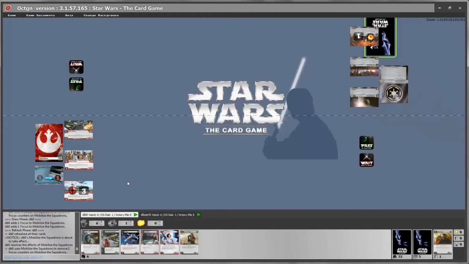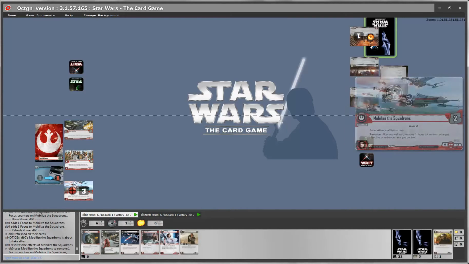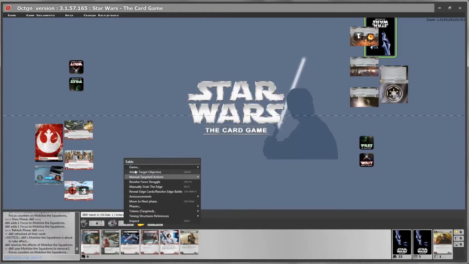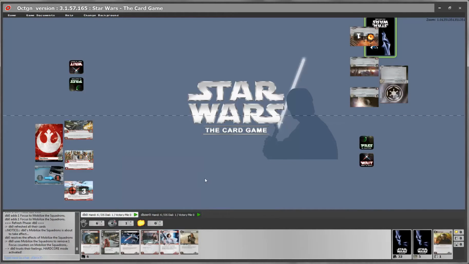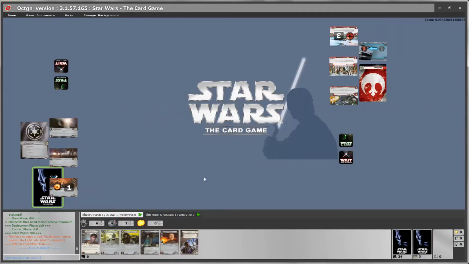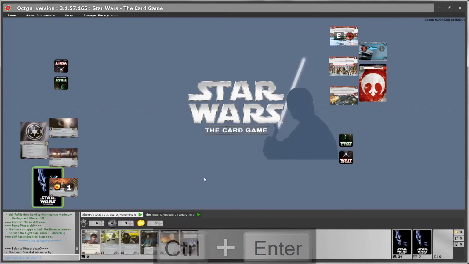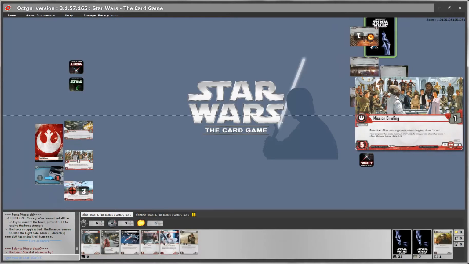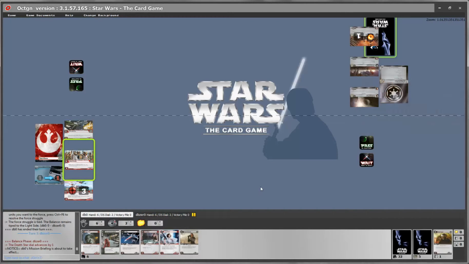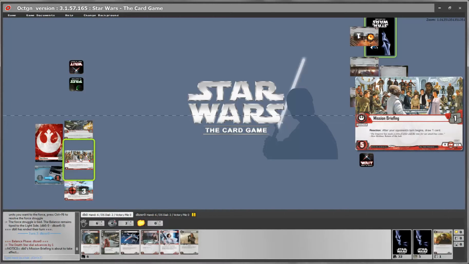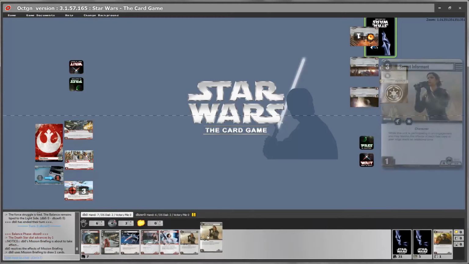So you see that with the normal abilities, you get some notifications when various cards are about to trigger. Let's see how it works with hardcore mode on. Again, we've reached the end of our turn. Our opponent goes. They start, nothing happens. However, if as a light side player I now double click on the Mission Briefing, what's this? The card was waiting to be triggered, but didn't show it. As soon as I double click on the Mission Briefing, the card highlighted to inform our opponent that I'm about to use the Mission Briefing, and now I can double click it again to use it.